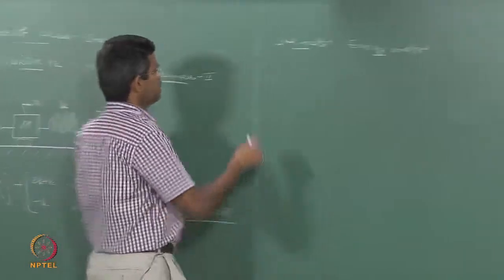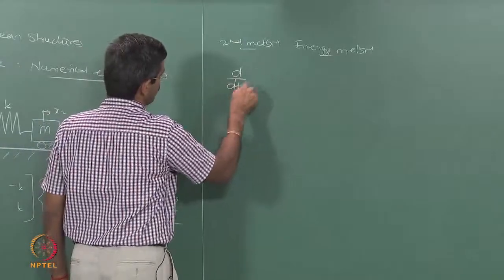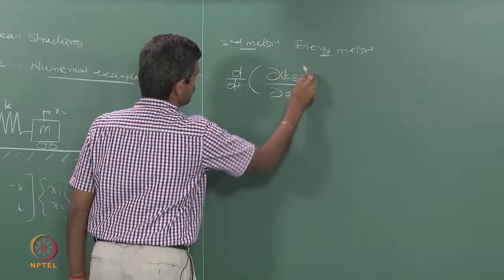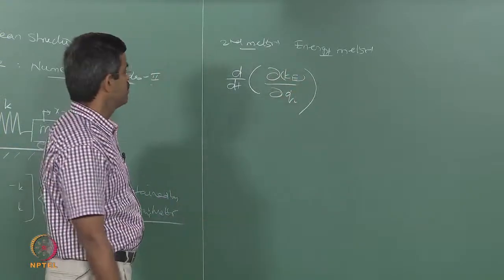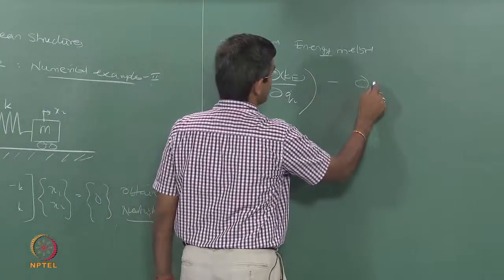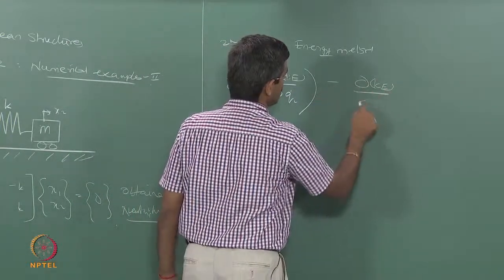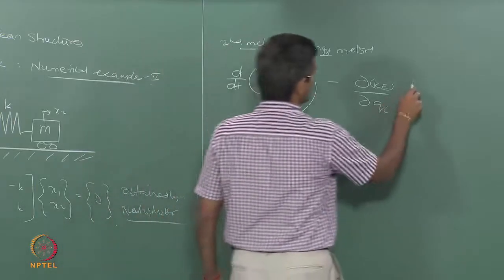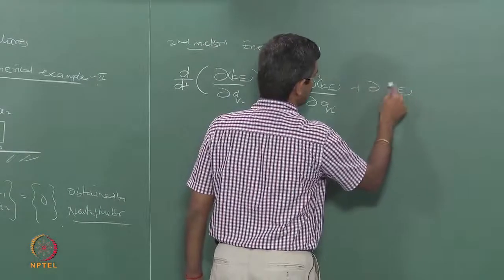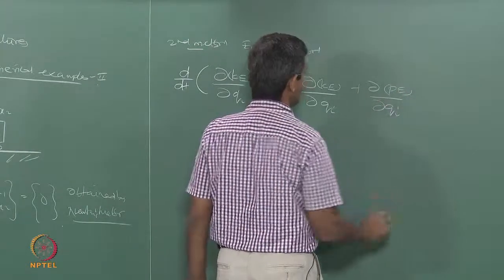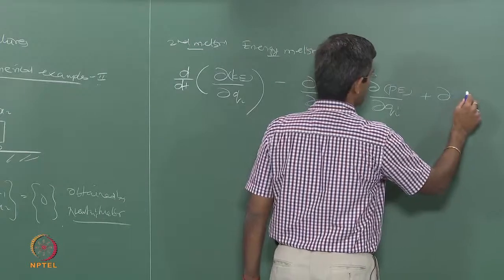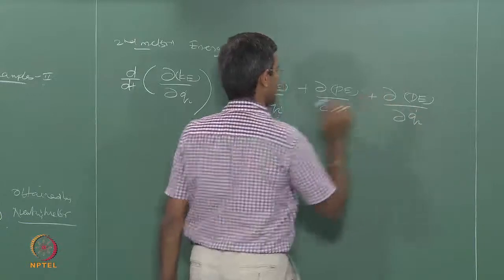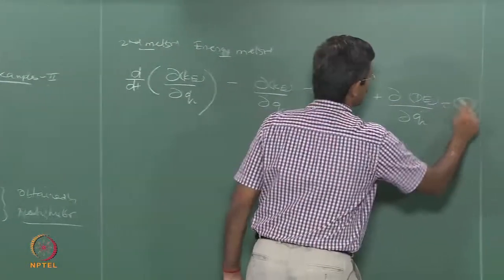The energy method says d by dt of partial derivative of kinetic energy with respect to q_i dot, minus partial derivative of kinetic energy with respect to q_i, plus partial derivative of potential energy with respect to q_i, plus partial derivative of dissipation energy with respect to q_i dot, should be set to Q_i,